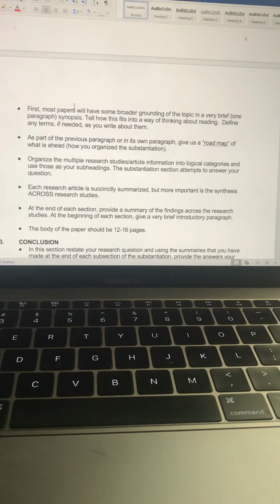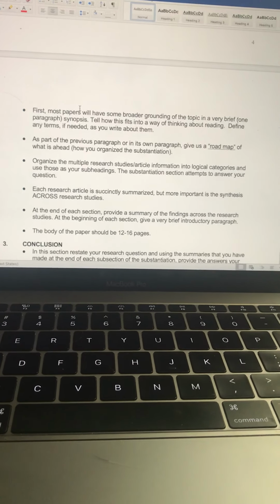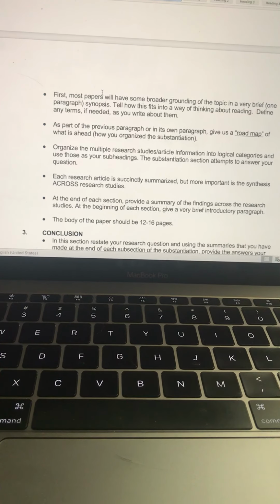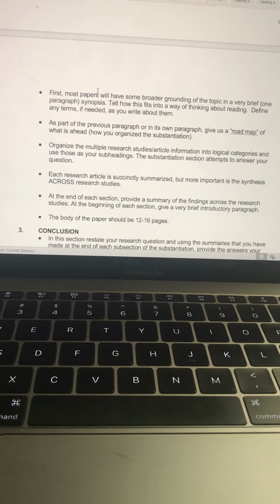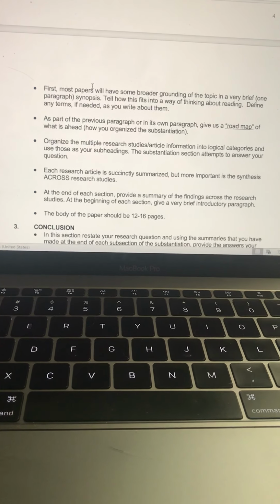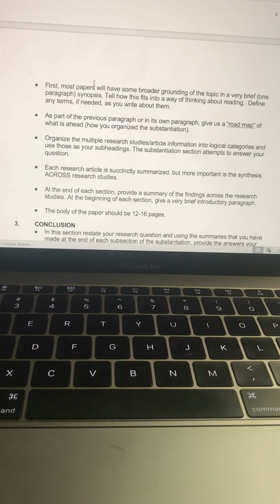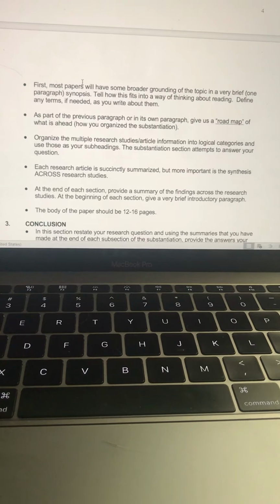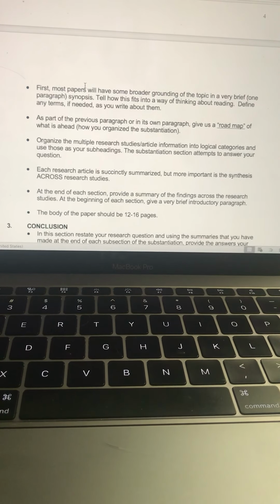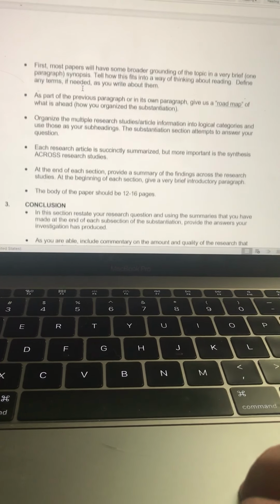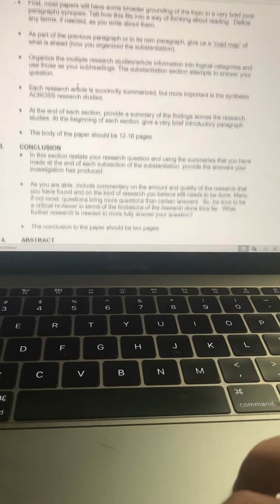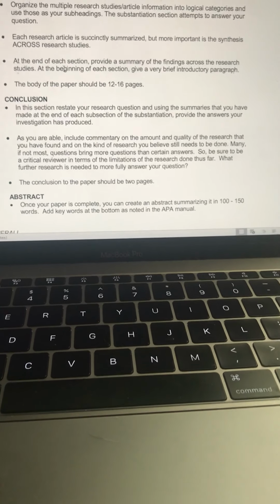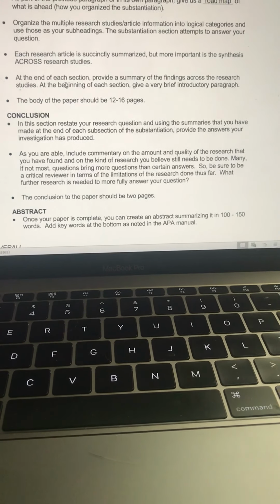The body itself, the substantiation, is going to be about 12 to 16 pages. So you figure if you have 3 main ideas, then you're going to have about 5 pages written on each main idea. So each main idea, as it relates to your overarching question, is going to be about 5 pages each, about. Under the conclusion, in this section, restate your research question, and using the summaries that you have made